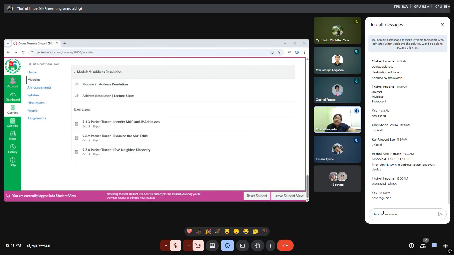Another thing is that the midterm assessment will have 2 separate phases, part 1 and part 2. Part 1 will be written and theoretical, and part 2 will be a skills assessment. Most of it will be Cisco Packet Tracer related exercises. So your midterm assessment will be separated in parts.